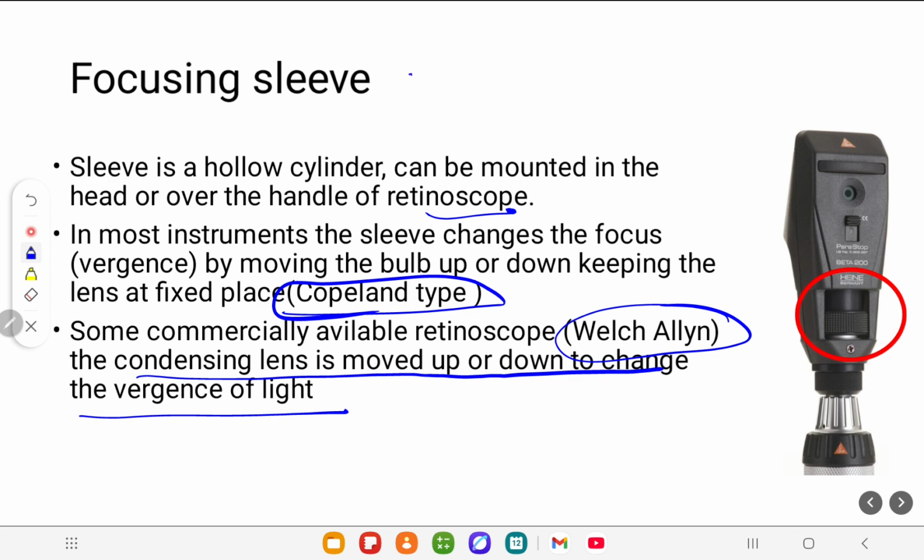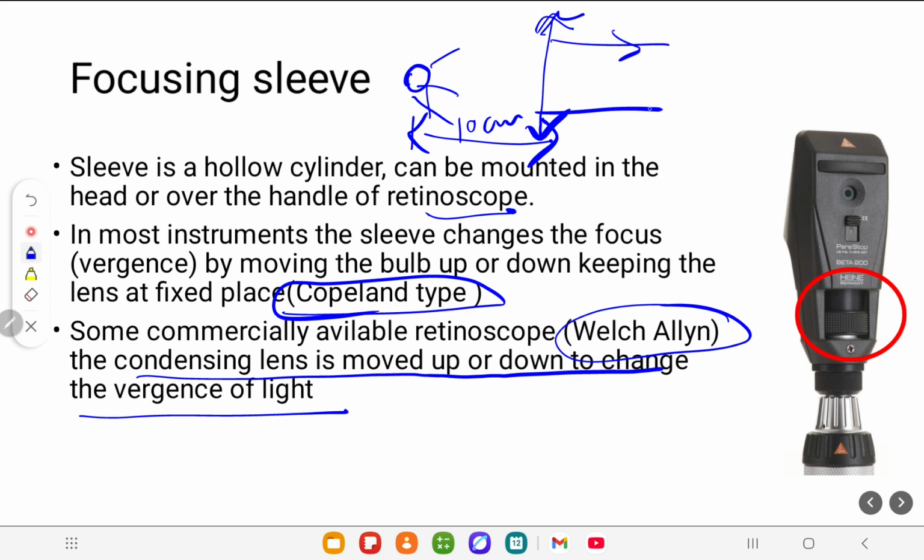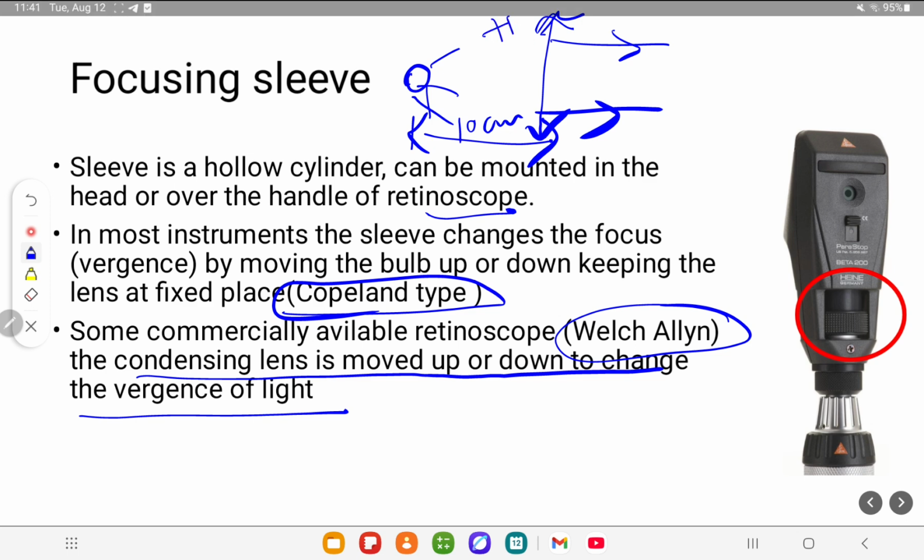Let's take an example. Here is the bulb. Light is emitting from the bulb, and let's say this distance is, for example, 10 centimeters. So if I put the condensing lens here, then what happens? The light going out from the lens must be parallel, isn't it? If I put the lens at plus 10 diopter,